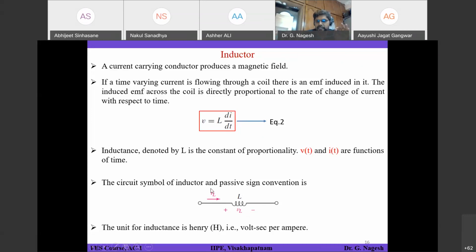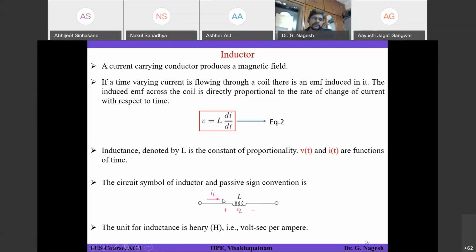But if you consider an AC circuit, if I connect this inductor in an AC circuit, what will be the current leaving here? Can anyone say? Sir, it will be changing polarities. No, in an AC circuit, the same current I_L will be flowing out of this terminal also. Because it's a series circuit, you have an element here, a wire here, and a wire here. The current flowing into the positive terminal and the current leaving out of the negative terminal will be the same.